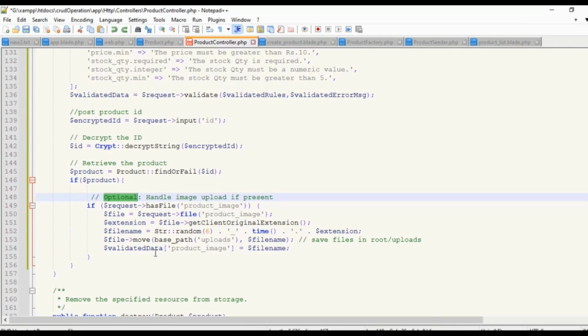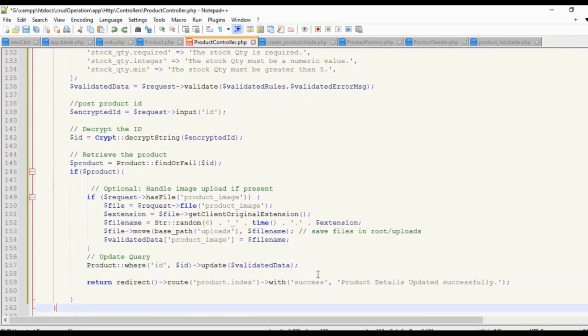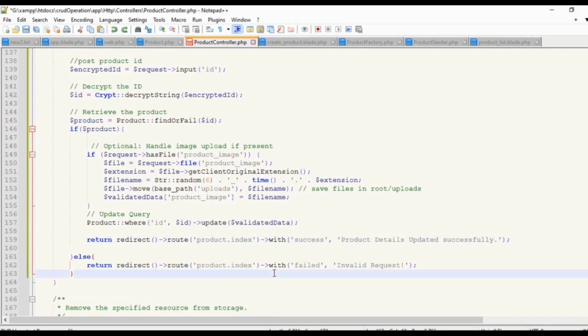If a new image is provided, set the posted product image in the $validated data array. Otherwise, retain the previously saved product image. Then, update the product using the product model class and its update function, and redirect to the product list page with a success message. If the request is invalid, the system will redirect to the product list page with an